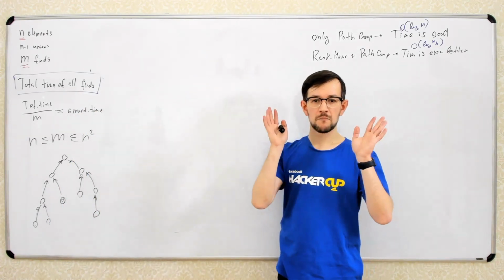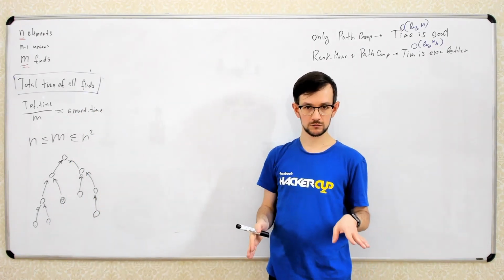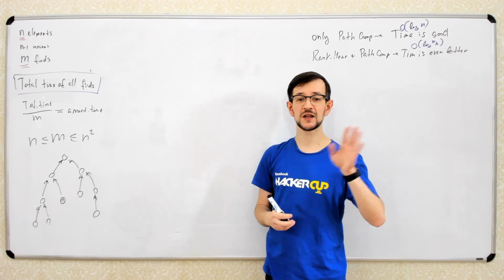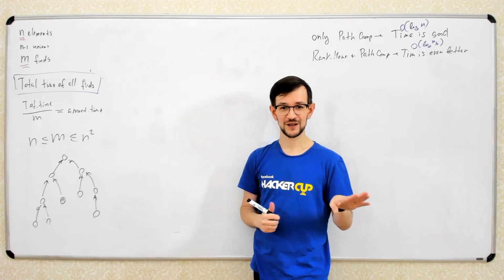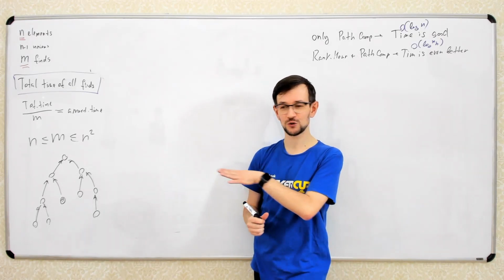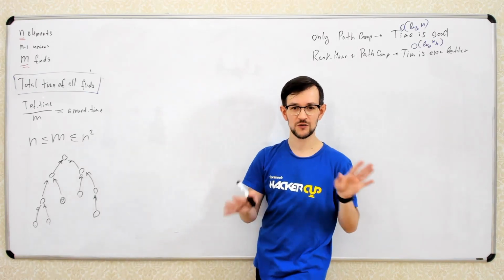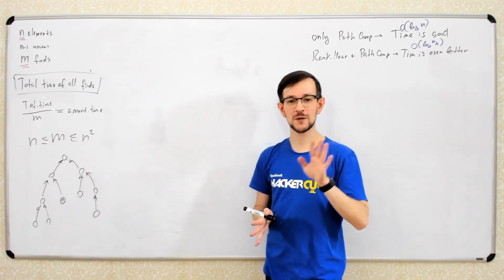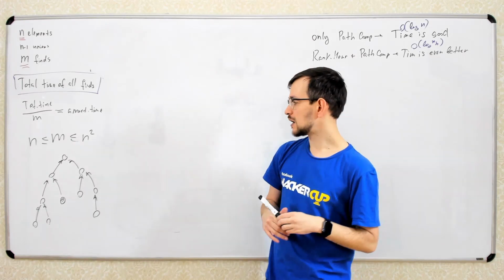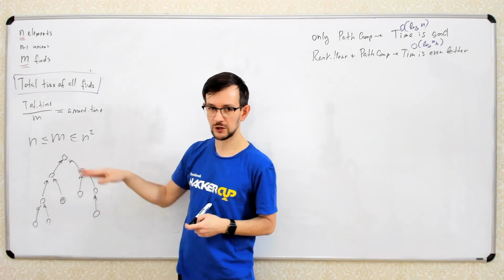So let's first make all the unions we need to make, just for analysis. Again, the algorithm is simple. Now I'm talking about the analysis. You don't do this in your code. It's only for analysis. So let's think about our data structure like this. If we first make all the unions we need to make,